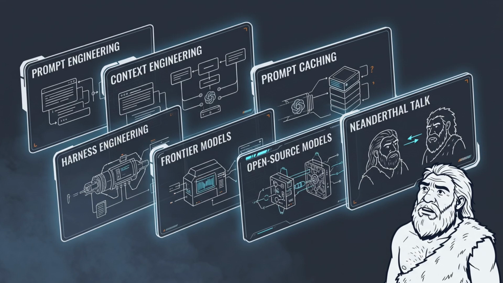And some of the weird things that I've been doing are prompt engineering, context engineering, harness engineering, caching, frontier models, open source models, getting AI to talk like Neanderthals because apparently that saves tokens. Lots of weird stuff in this industry and a lot of hocus pocus. But functionally, the premise of this talk is I want to posit an argument that I've had for a while now and that's how I've built systems for the last year.